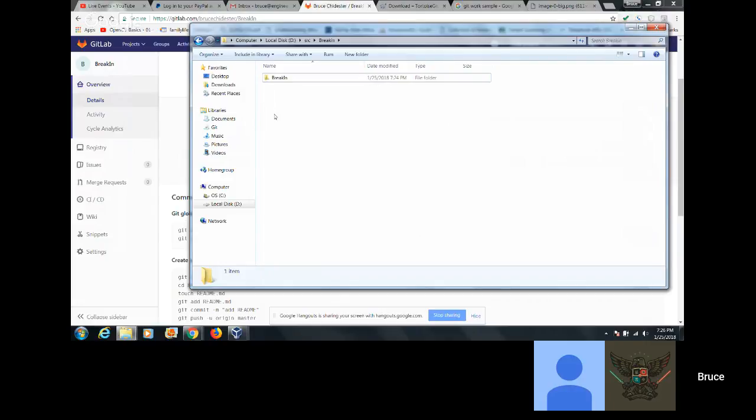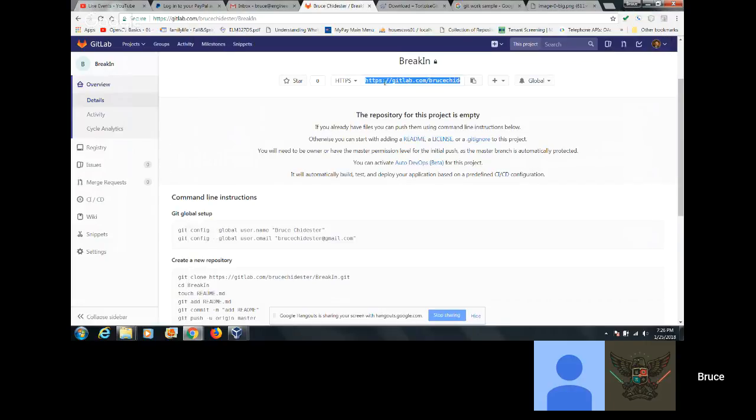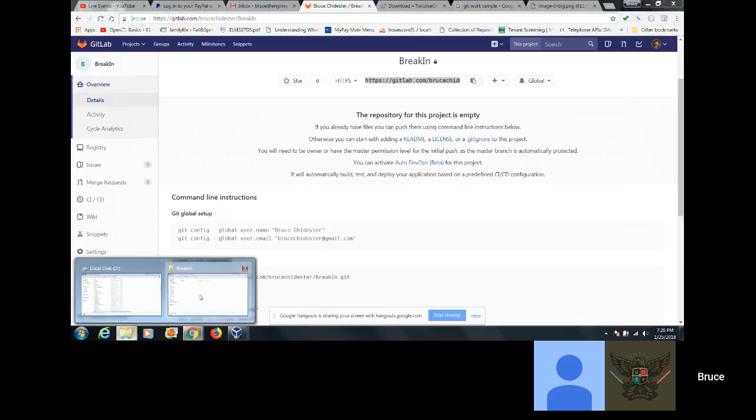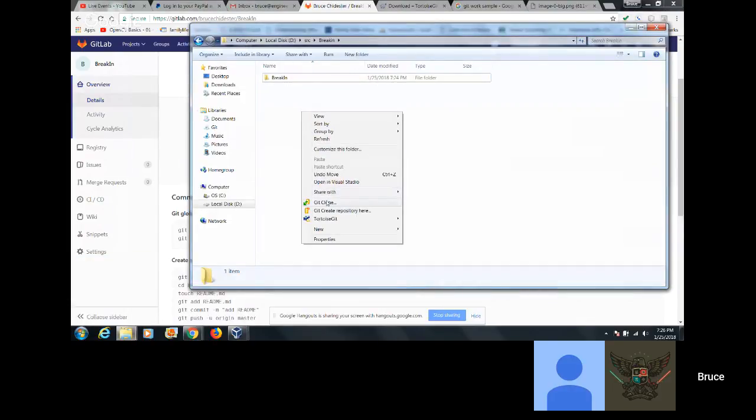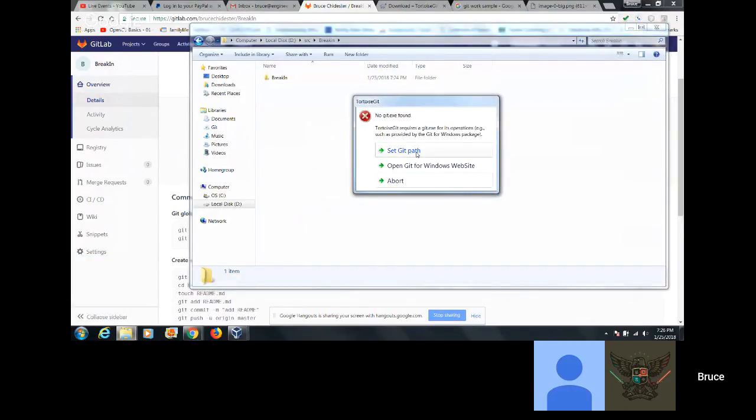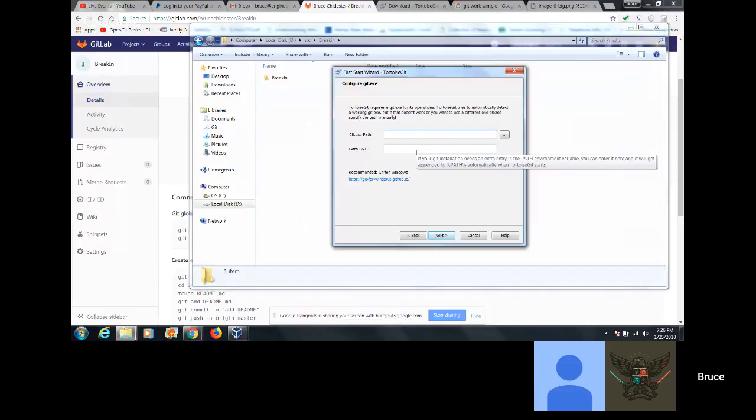Okay. Now here's what I'm going to do. I'm going to come over here and copy this URL. Just watch what I do first. And then in that empty white area, I'm going to say git clone. What is the problem here?